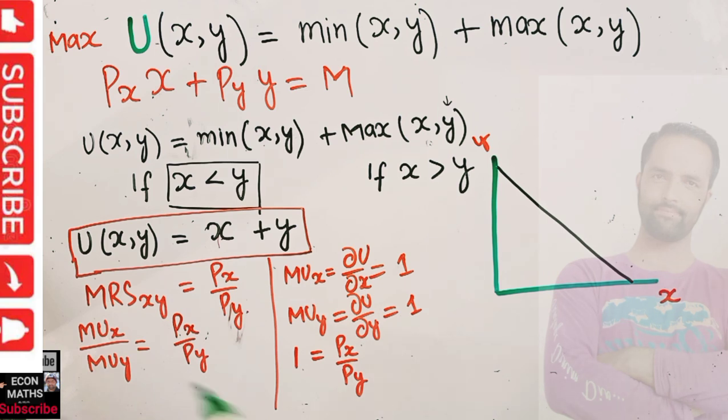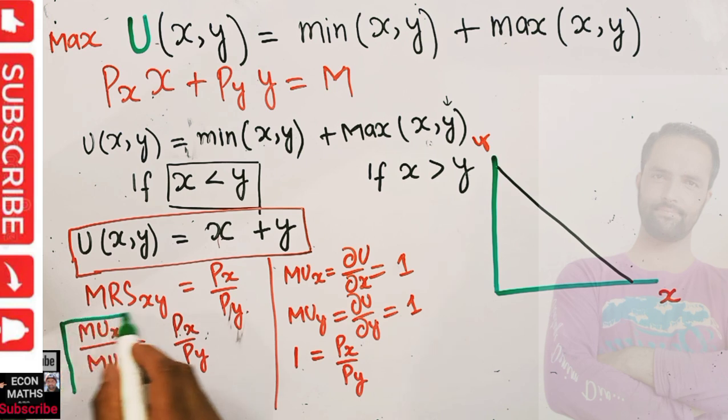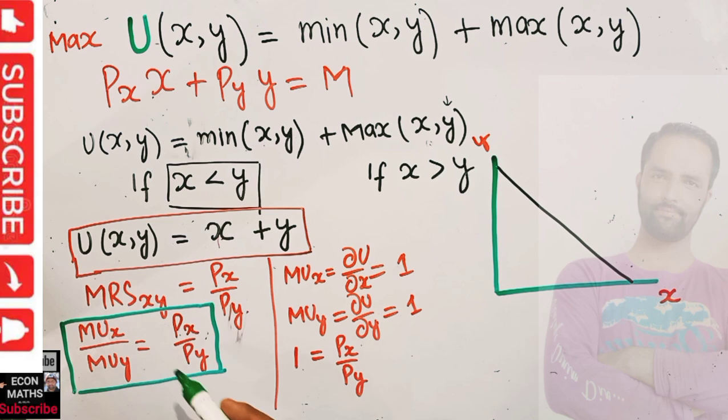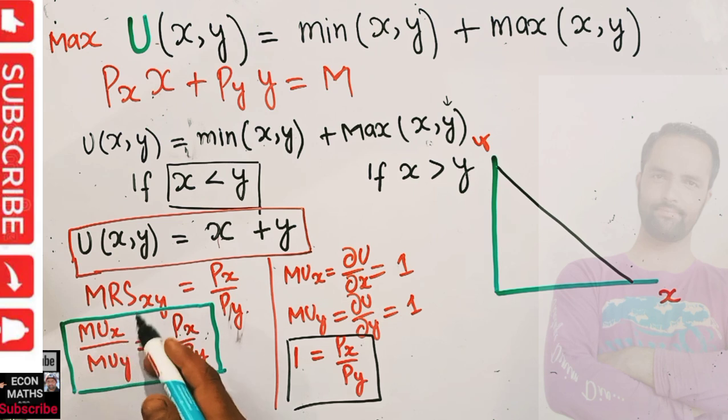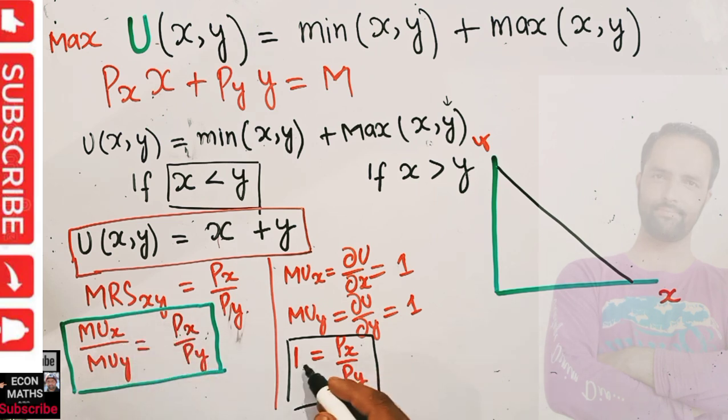In this case, initially our optimal condition requires that marginal rate of substitution should be equal to price of x upon price of y, but here we are not getting any x's and y's. So how can we interpret this here? Simple stuff. If this is our budget line, and here we got marginal rate